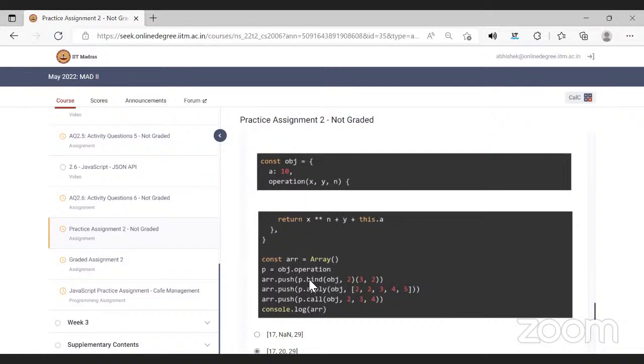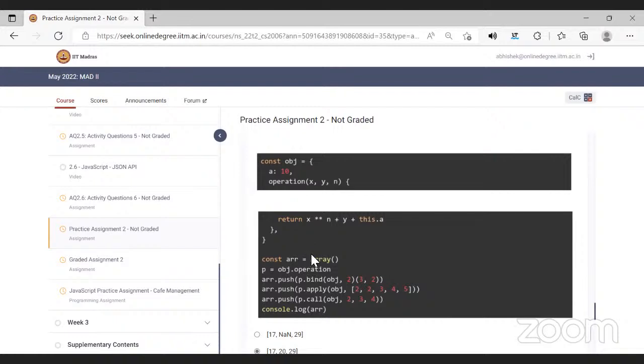Now, what you could even do is store it in a different variable. Let's say p.bind(obj2), equals, let's say b on the left hand side. So now b is itself a function, and you can call that b. That means you can write b and an opening parenthesis, and write whatever parameters you want to pass. But remember, the remaining parameters are only 2, because the value of x has already been locked. How? We already locked it using bind. So the only 2 other parameters that this function is going to accept, you are supposed to pass while